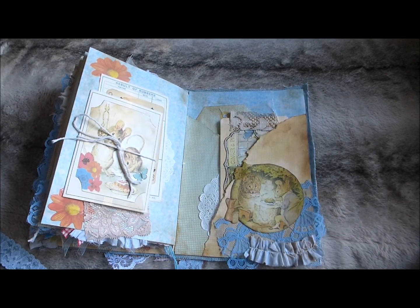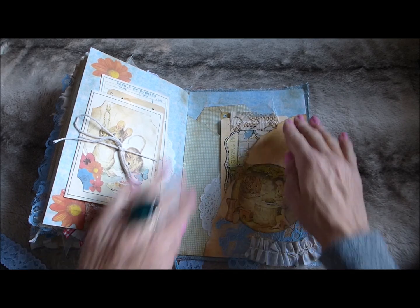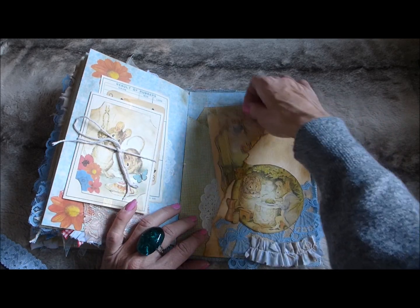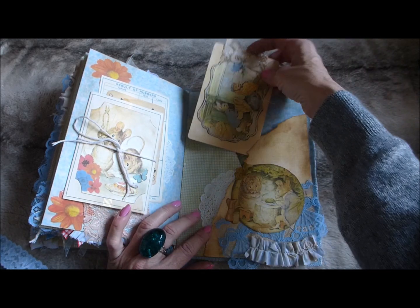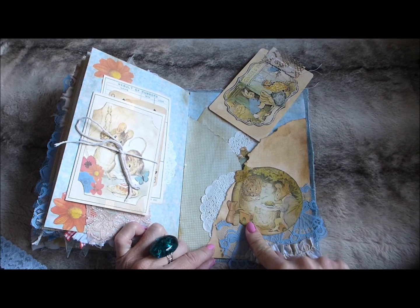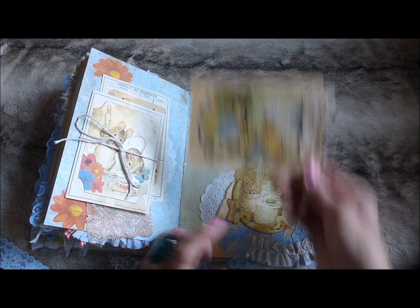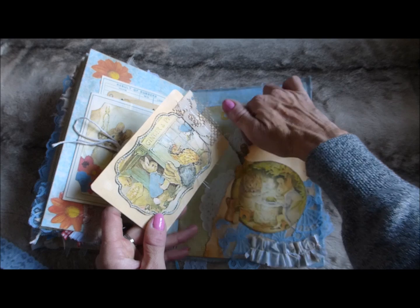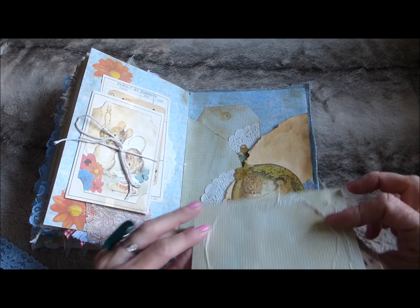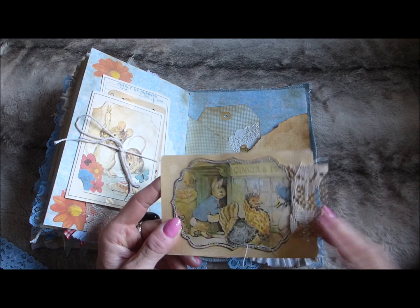And then here on the inside of the back cover I have two lots of the background papers, torn down to make alternate pockets, if you like. I've layered up some doily, an element from the kit, some more of that blue lace, some more of that fabric ruffle, and then inside pocket number one, this front one, I made this journaling card. This was one of the elements from the kit. I've stitched it around on some of the background paper